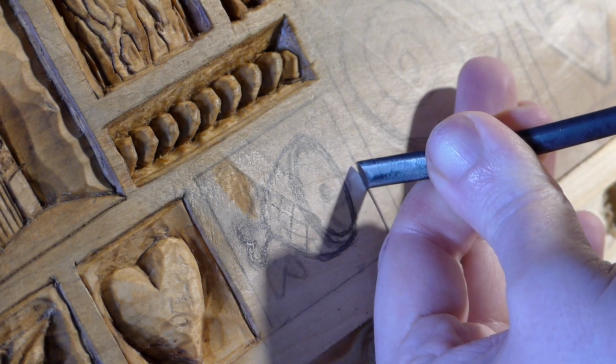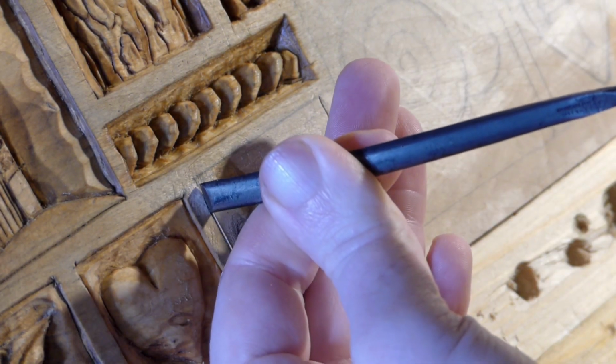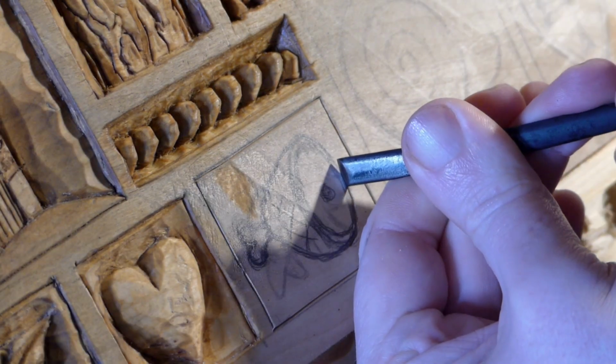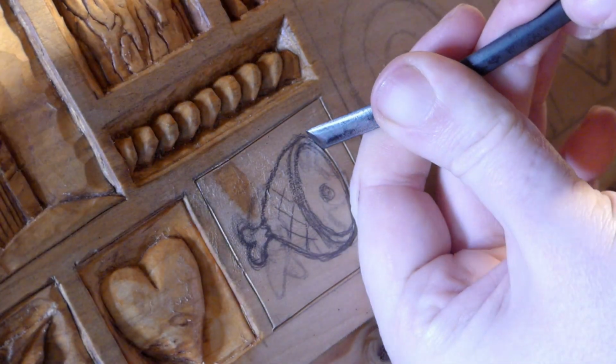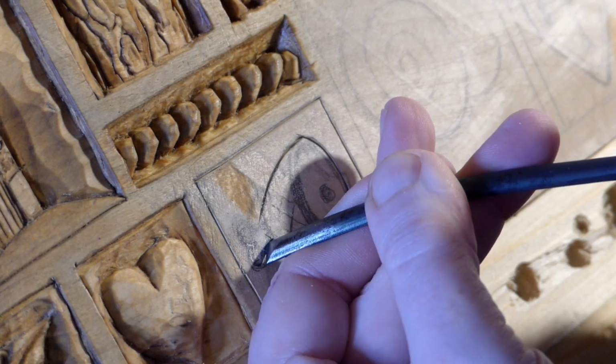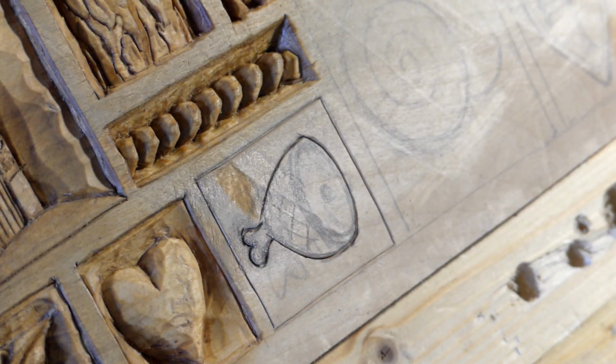I'm cutting around the border as always with my bendy boy chisel, holding the corner to the wood rather than the whole edge so it slides through the wood more easily. I repeat the process on the design as well. These cuts will act as stop cuts, which will prevent my chisel from going too far when I start to